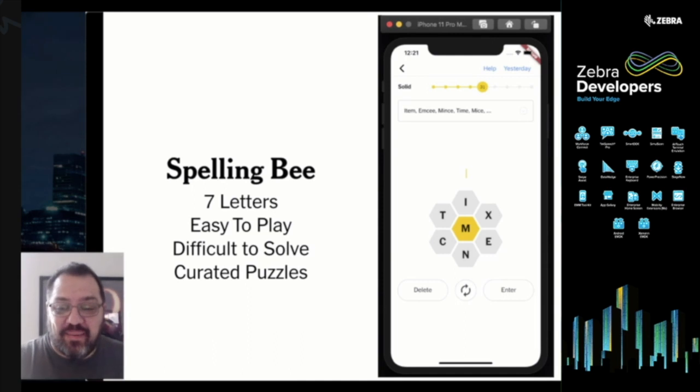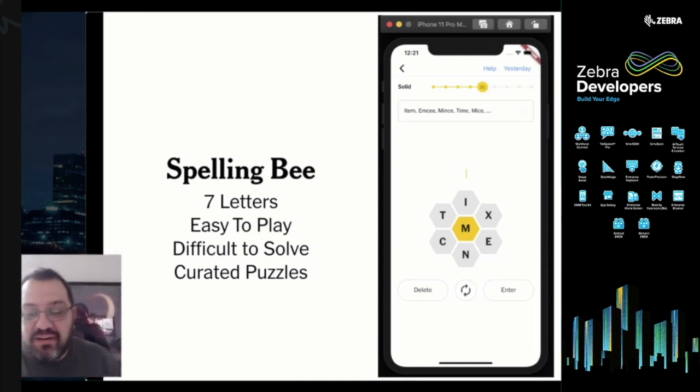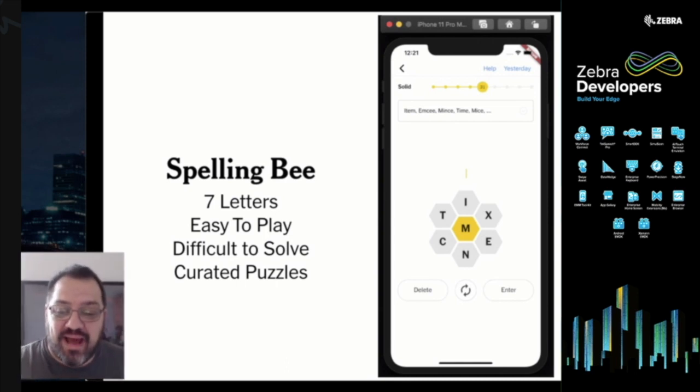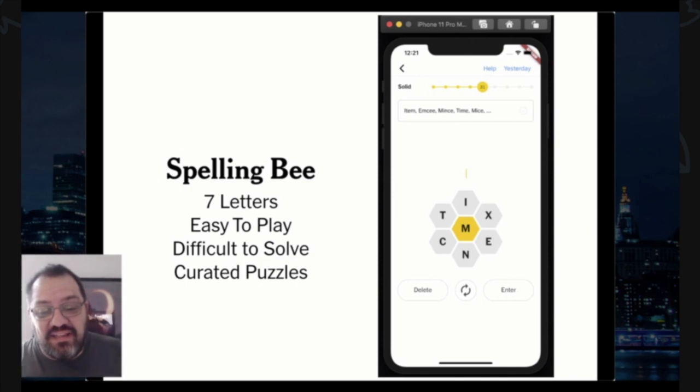It's curated every day by Sam Mazursky, and it's very difficult. You'll rarely see any S's or common letter patterns like ER show up. And fun fact, only 1% of our users regularly find all the words and achieve the coveted queen bee status. If you use all the 7 letters, you found one of our pangrams for the day, and you get some bonus points. Eventually, we took the time to productionalize my Maker Week experiment, and today you can see the finished product